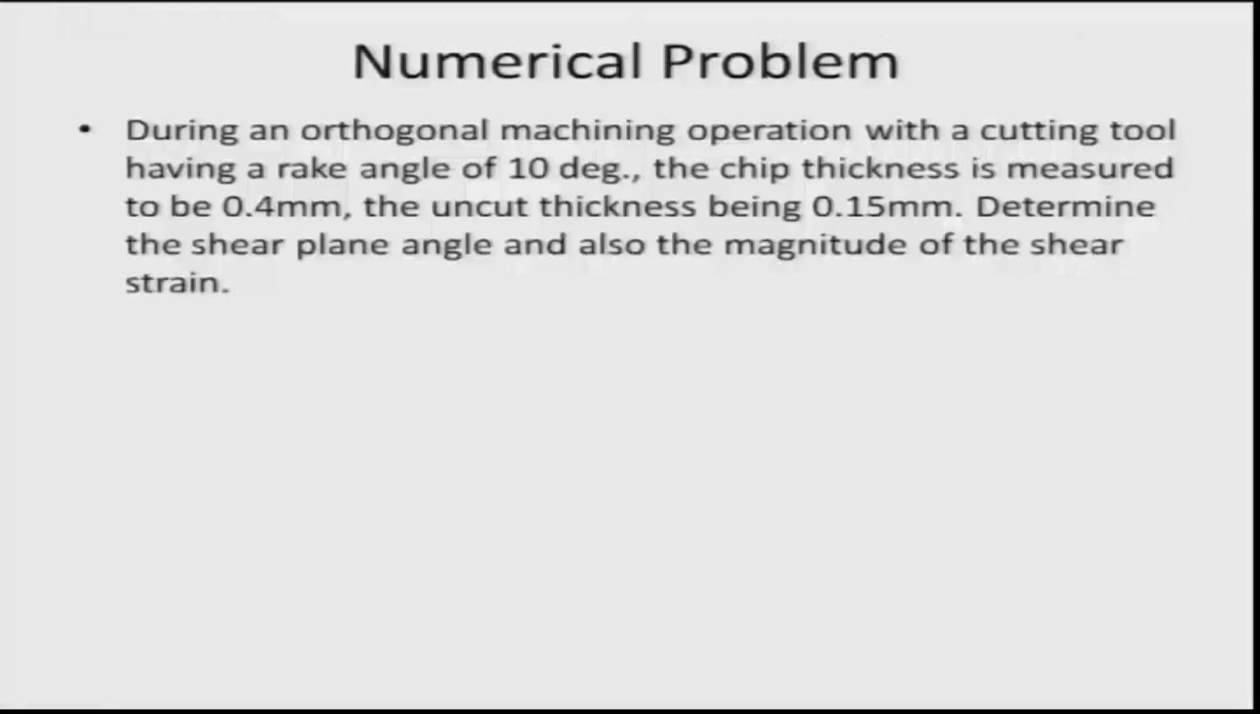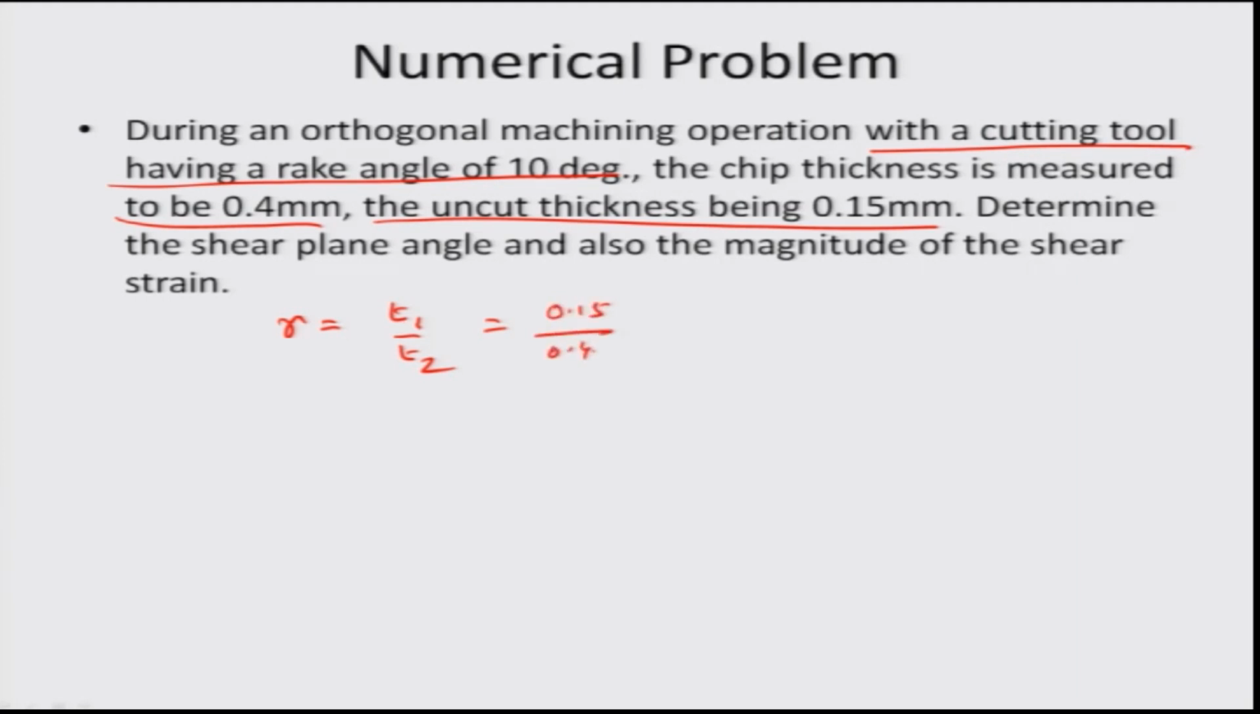So, let us do a numerical problem now. Coming back to this problem here, during an orthogonal machining operation with a cutting tool having a rake angle of 10 degrees, the chip thickness is measured to be 0.4 mm, the uncut thickness being 0.15 mm. We have to determine the shear plane angle and also the magnitude of the shear strain. So, the first thing that we have to do is to determine what is the R, the thickness ratio, which is actually T1 by T2, as we can see earlier. So, this is actually the uncut chip thickness by the cut chip thickness, 0.15 by 0.40. So, obviously, the thickness changes because of the shear deformation process. So, this comes out to be equal to 0.38,